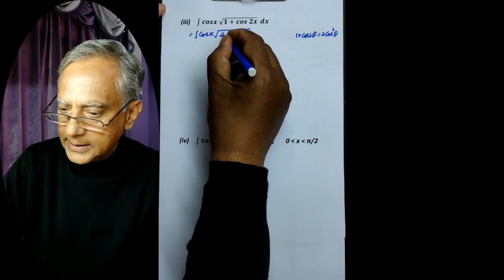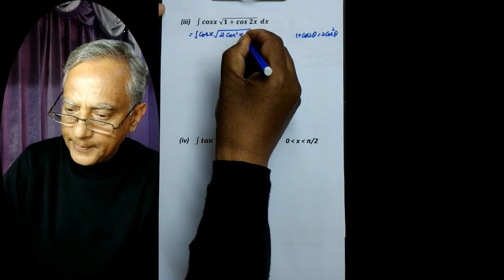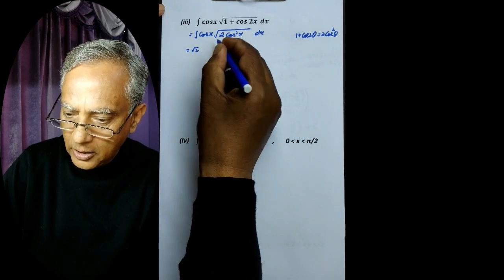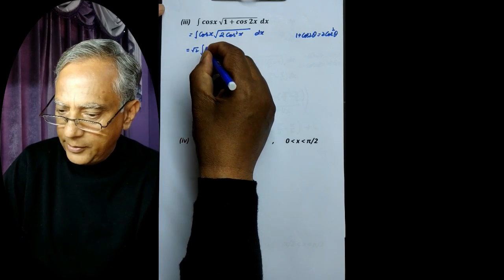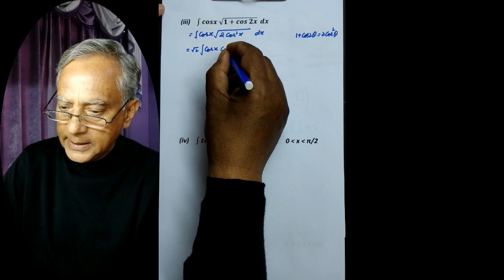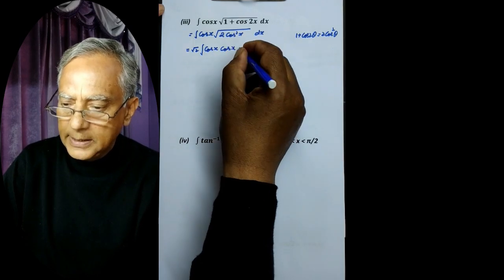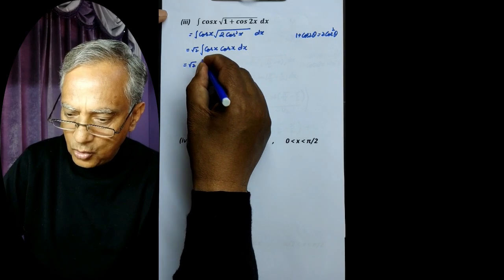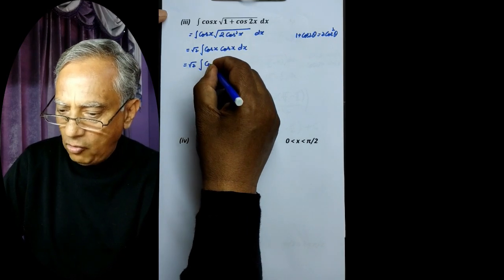So we can write this as 2 cos square x dx. And this can be written as under root 2 is common and we have cos x into under root of cos square x, that is cos x dx, and this can be written as under root 2 into integral of